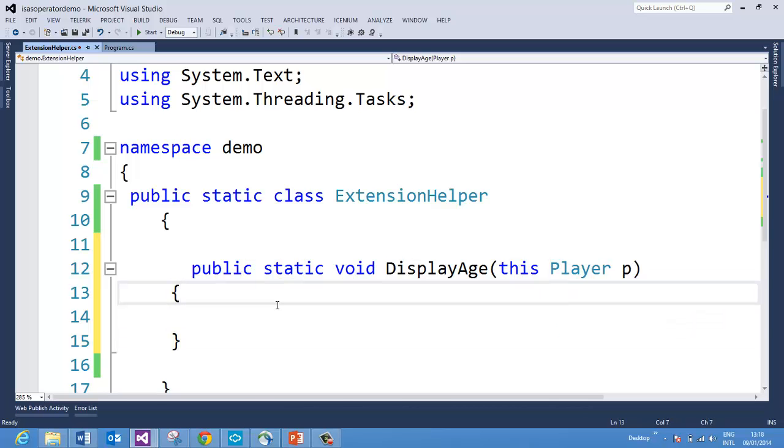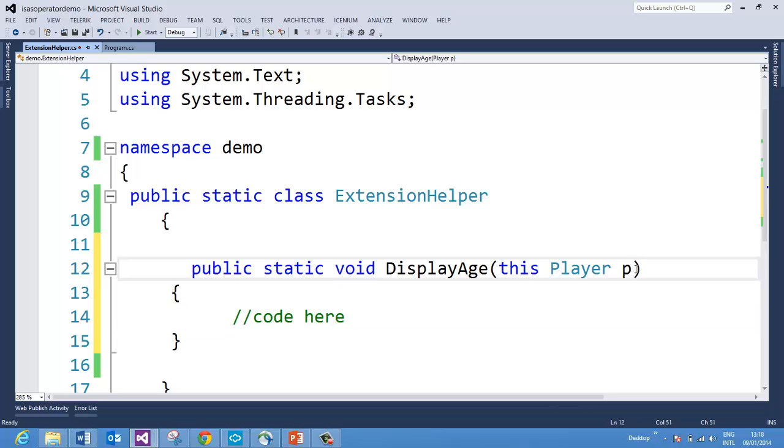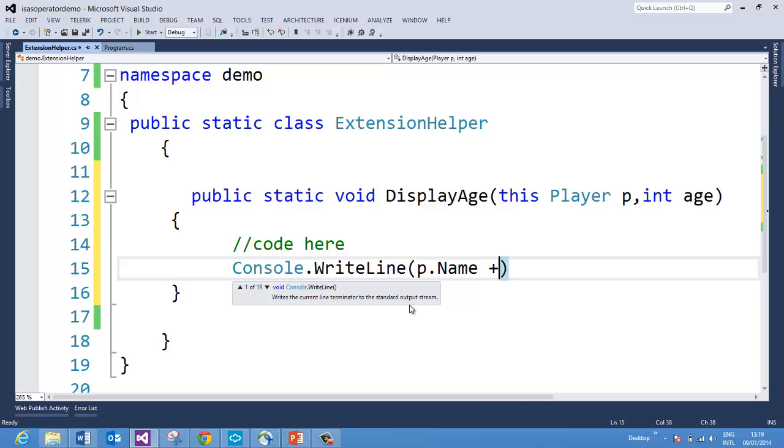If you don't want to pass any parameter to the extension method, then you just go ahead and write your code here. If you want to pass any parameter, then those parameters will be passed as second arguments onwards. Let us say I want to pass an integer age, which I have done here. Now inside this function I can write my own code. I am just saying Console.WriteLine and say p.name is plus age